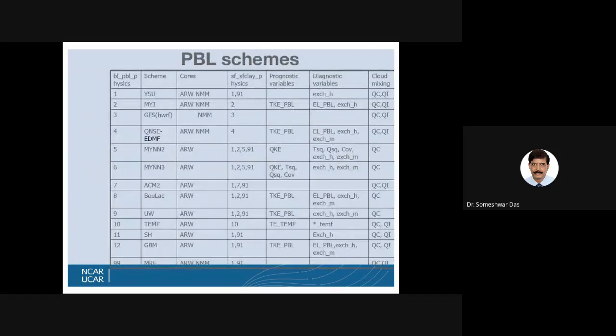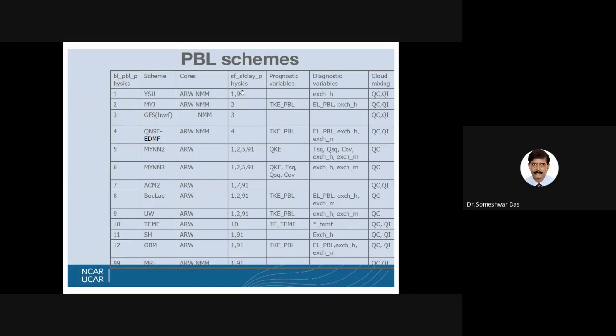Now, these are the different parameters that you have to use if you choose these schemes. Depending upon which scheme you have chosen, whether the YSU scheme, the MYJ scheme, or GFS, etc., which are available in different models. Like the YSU scheme is available in both ARW and NMM, that is the Non-hydrostatic Mesoscale Model and the ARW, Advanced Research WRF. But if you want to use this scheme, then for the surface layer parameterization you have to choose option 1 or 91.